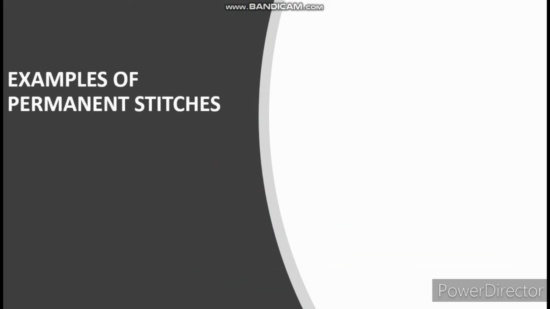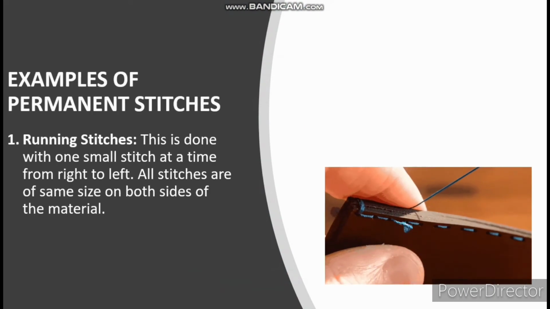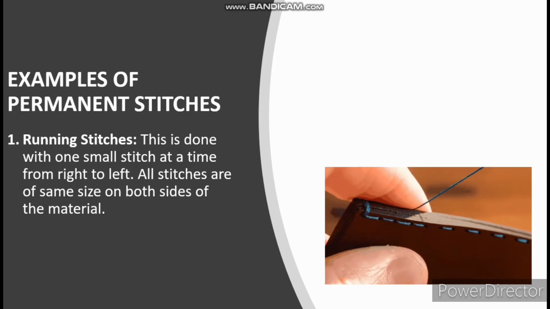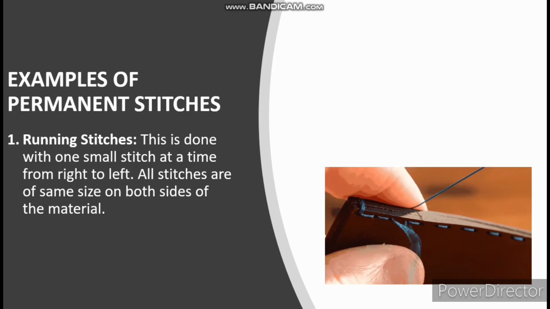Examples of permanent stitching. Let's pick running stitches. Running stitching is done with a small stitch at a time from right to left. You can see from the image there, all stitches are of the same size on both sides of the material. Running stitch is an even stitch